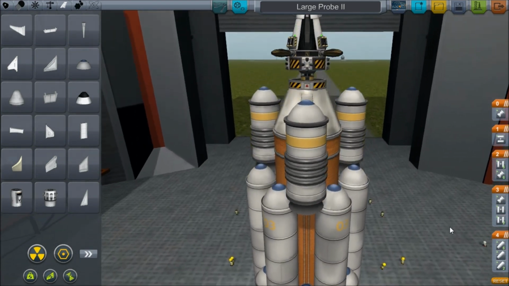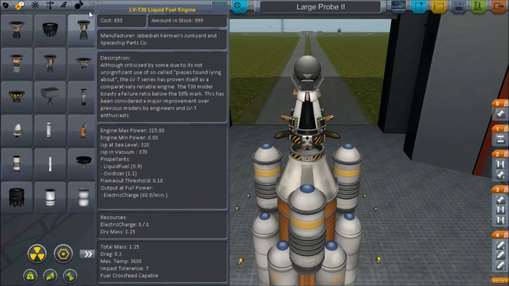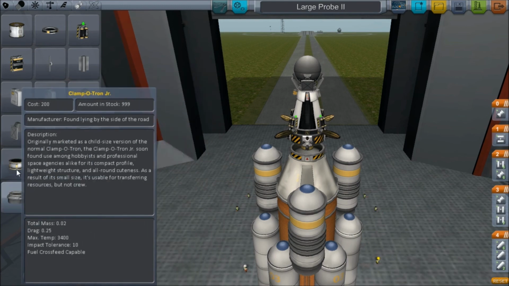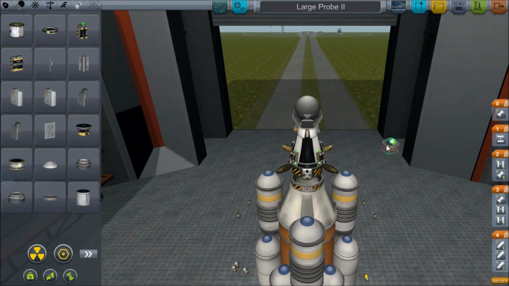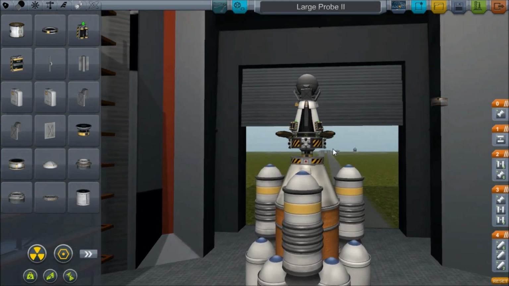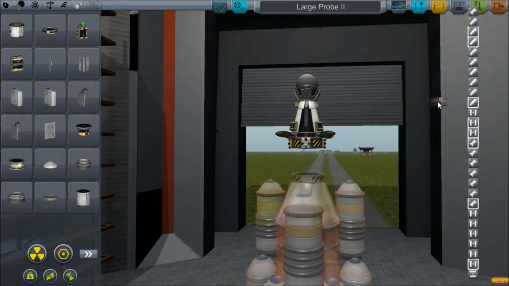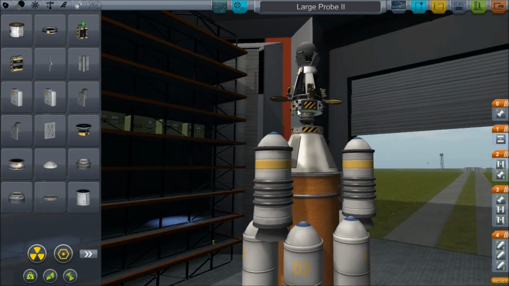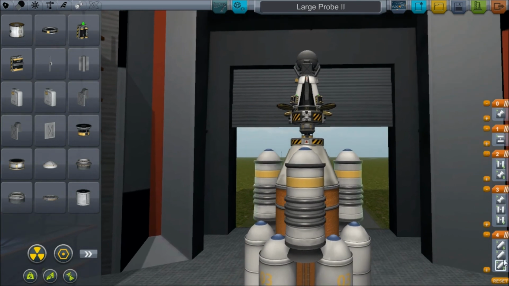Okay. Also, actually, I just thought of something right now. That little engine, I believe, requires, yeah, it requires xenon gas. Oh, this thing's actually relatively small. But where would I put that? I guess, could... Okay, there we go. Now we can actually use this engine. So the stages look good,